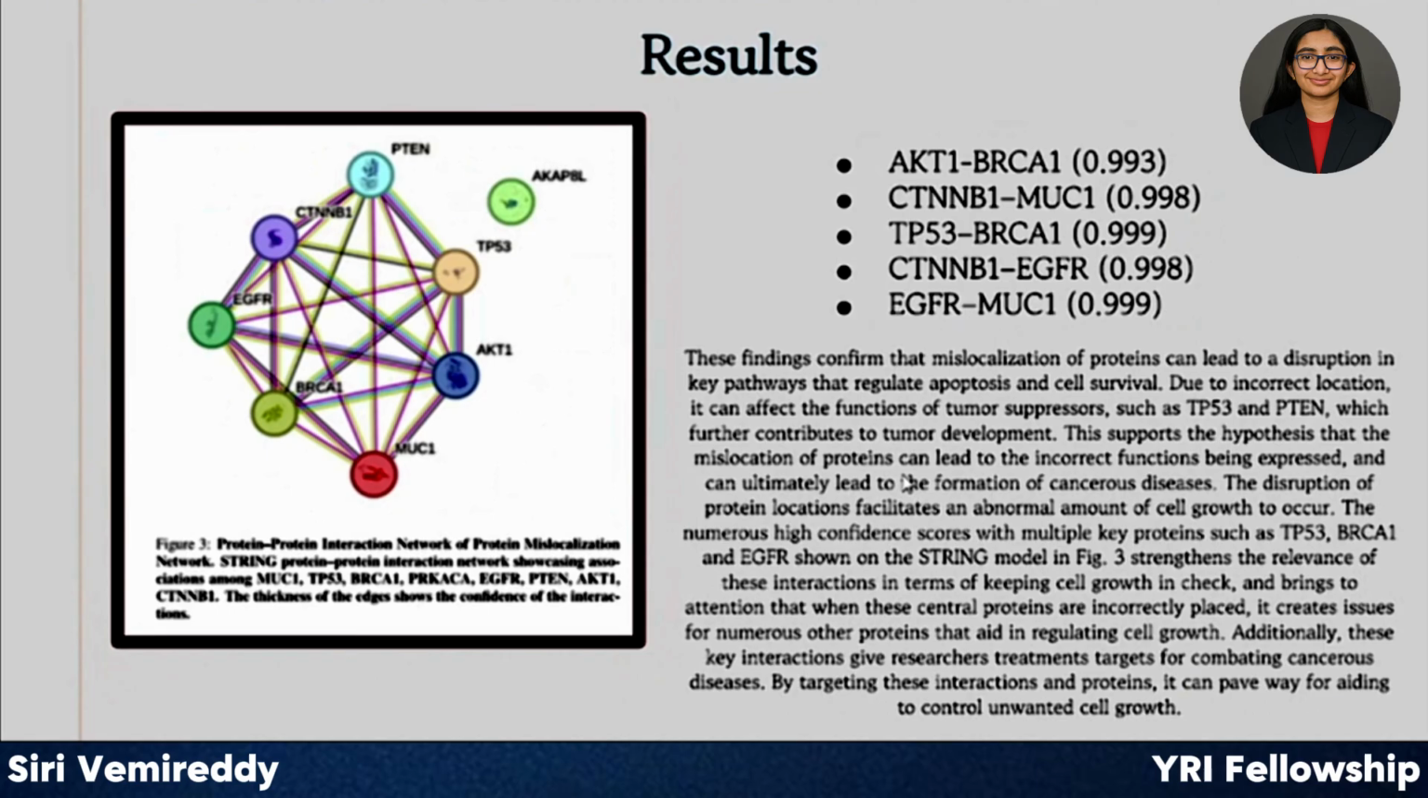The disruption of protein locations facilitates an abnormal amount of cell growth to occur, which leads to cancerous diseases, as I said previously in my other slides. The numerous high confidence scores with multiple key proteins such as TP53, BRCA1, and EGFR shown on the STRING model on the left strengthens the relevance of these interactions in terms of keeping cell growth in check, and brings to attention that when these central proteins are incorrectly placed or don't function correctly, it creates issues for numerous other proteins